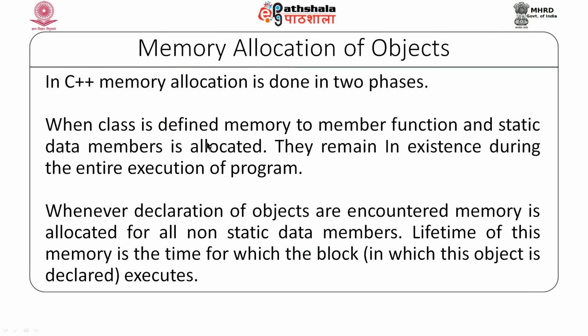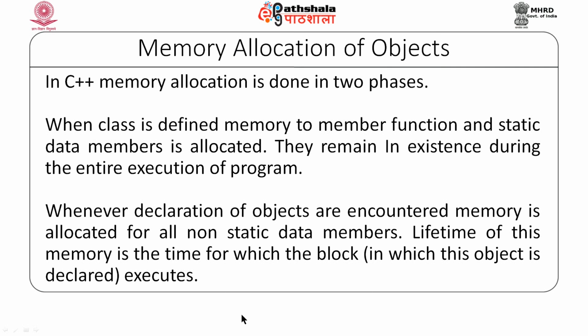When the class is defined, the memory for member functions and static data members is allocated, and they remain in existence during the entire execution of the program, and this memory is not allocated in the object. So, why is it not allocated in the object? Because they are common to all objects of that class. So, whenever the class definition is found, the memory is allocated to member functions and static data members. Now, once we define the class, we may declare objects of that class in different